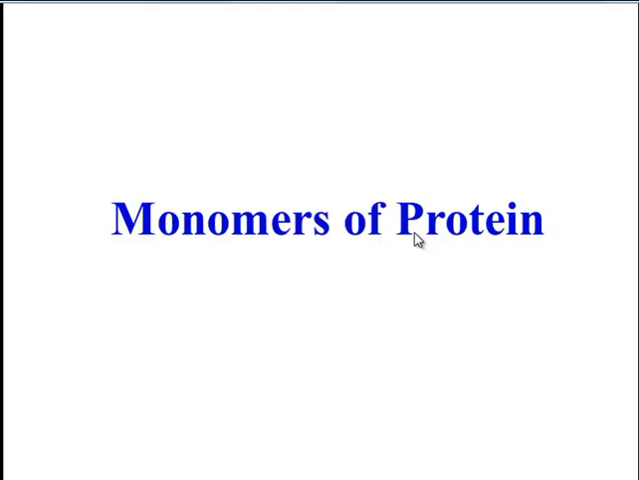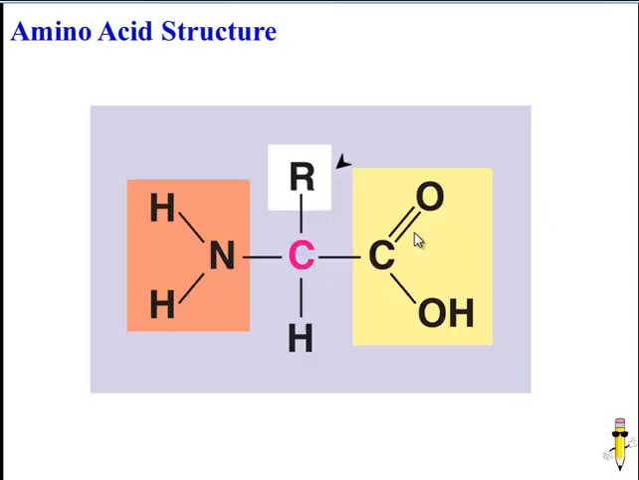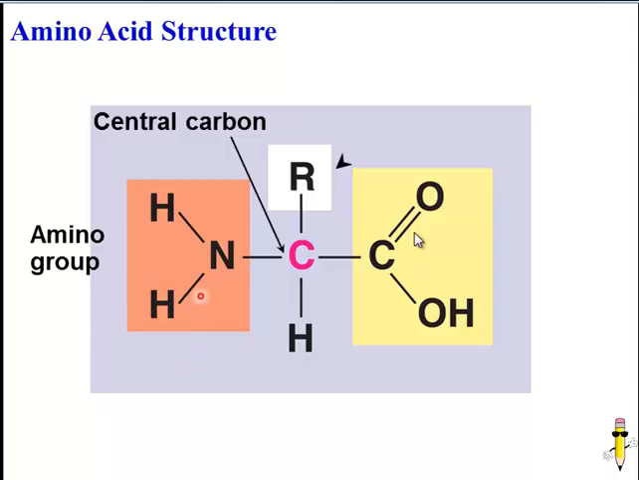the building blocks of proteins, because that's going to help us understand why there are so many different proteins possible. The amino acid is the monomer of a protein, and the amino acid has a basic structure that's pretty consistent. There's a central carbon, there's an amino group, which is made up of a nitrogen and 2 hydrogens. On the other end, there's a carboxyl group,